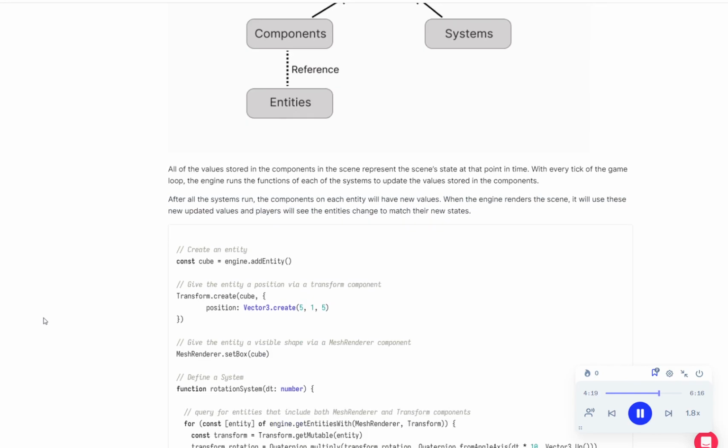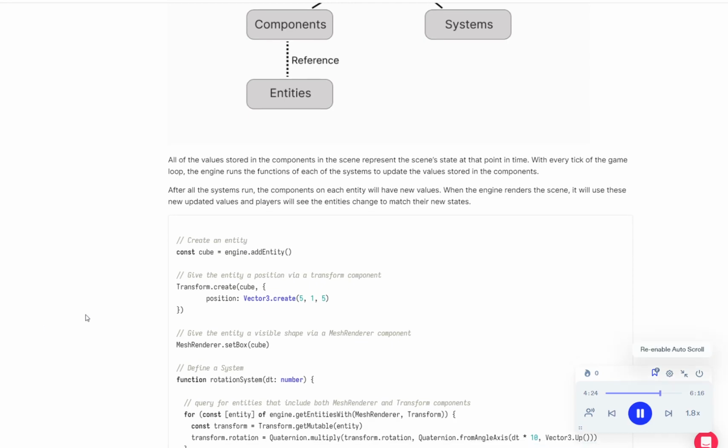// Create an entity: const cube = engine.addEntity() // Give the entity a position via a Transform component: Transform.create(cube, { position: Vector3.create(5, 1, 5) }) // Give the entity a visible shape via a MeshRenderer component: MeshRenderer.setBox(cube) // Define a system function: function rotationSystem(dt: number) {